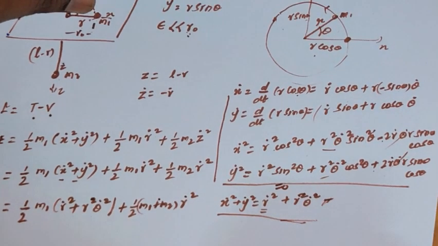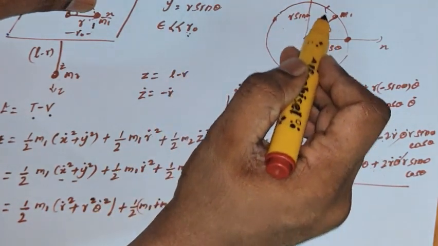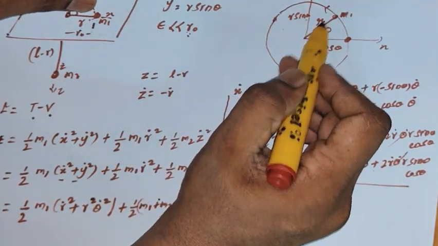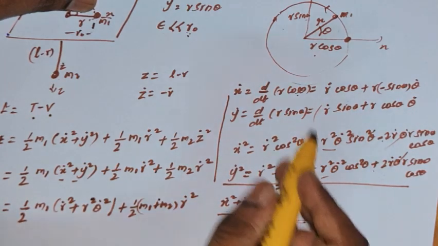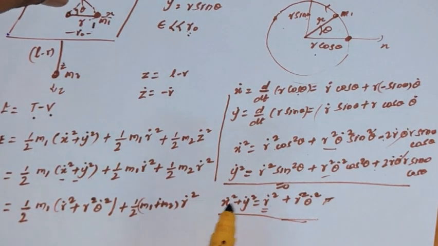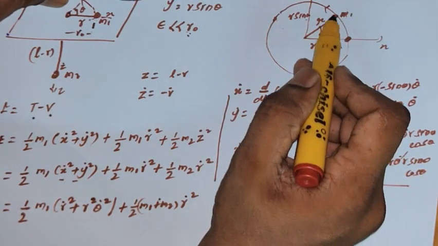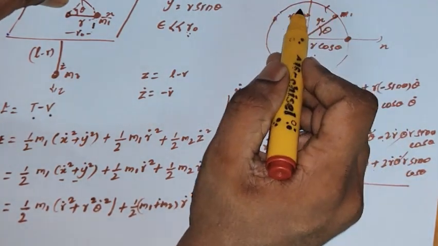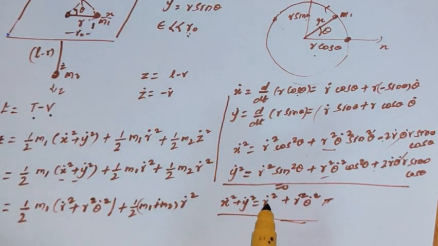We can make that assumption because for circular motion we are assuming that the radial coordinate is constant, there is no movement. So r dot is in general 0, because we are finding here the rotational kinetic energy. For the rotational kinetic energy of the motion, that means on the plane due to the mass particle m1, r dot is 0.